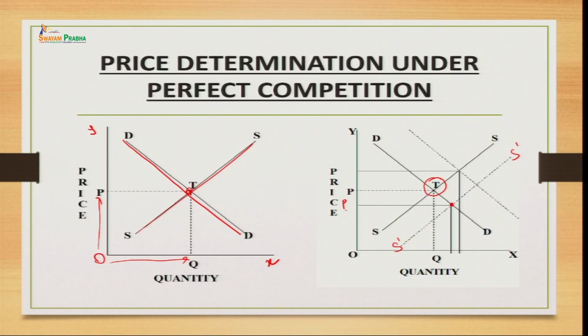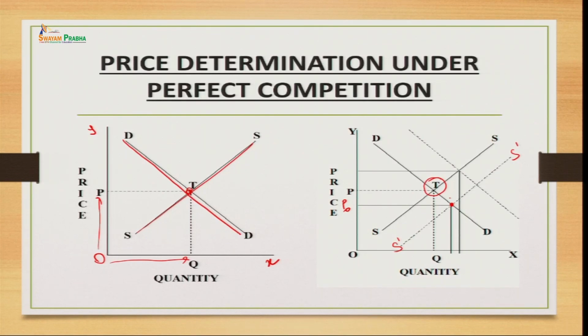Now, the price will shift to OP0, because the supply is more while keeping the same demand. This is the demand curve which was there earlier, and now with the change in the supply you can see the price will reduce in the market. So, this is how the price will change. It is not that price will not change in this market. They will change because of a change in the market forces, that is demand and supply.